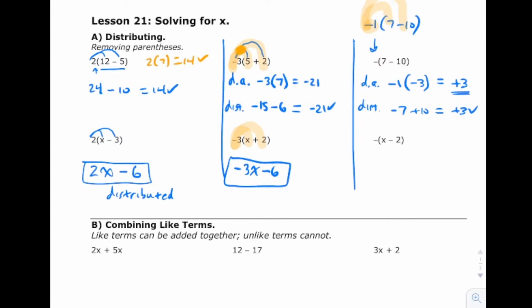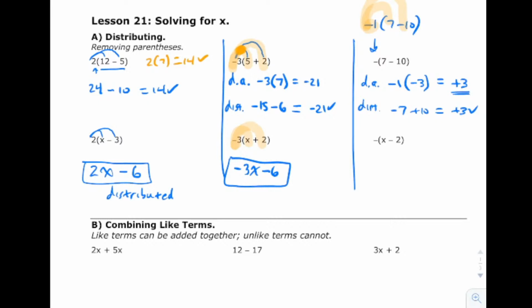So this is the thing I'm trying to point out here. This negative has to come in and multiply, just as though it were a negative 1. It has to distribute inside to make that a negative 7 here, and to make that a negative times a negative is a positive 10 here. Okay, even a negative in front will distribute. I should probably say,